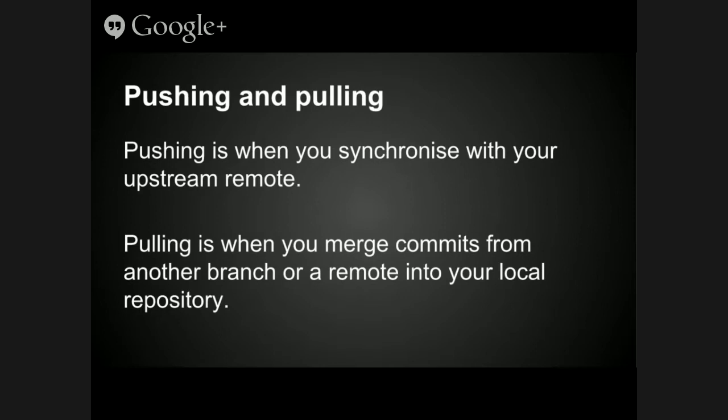So in centralized version control, pulling is forced most of the time. You can't commit anything because when you check out, it automatically pulls the latest version of the code. So in Git, that's not the case. Two repositories can move in different directions, and unless you pull to synchronize, you won't see those changes.